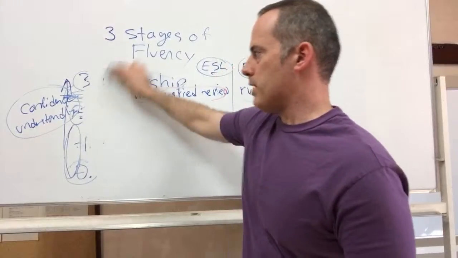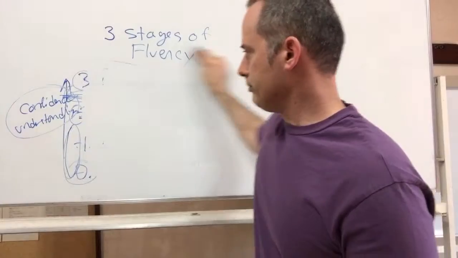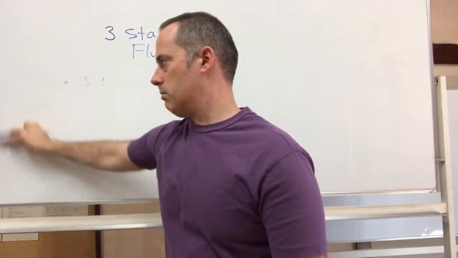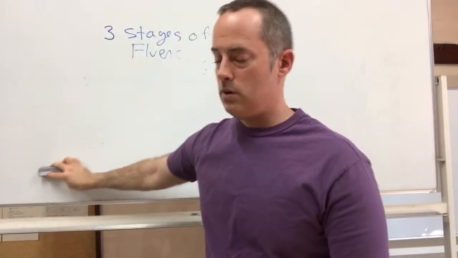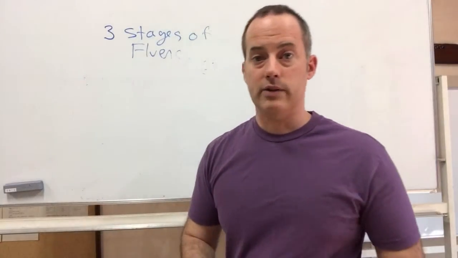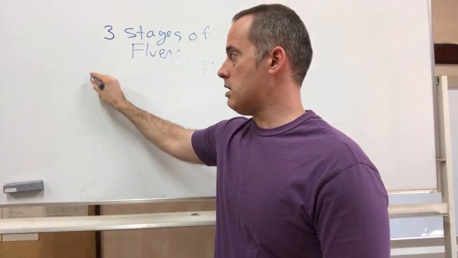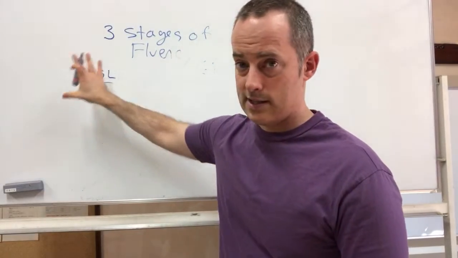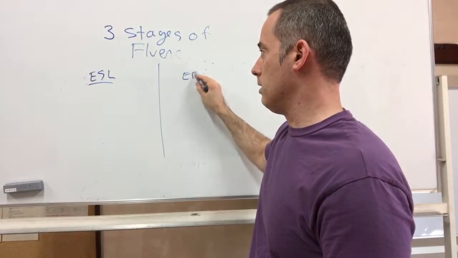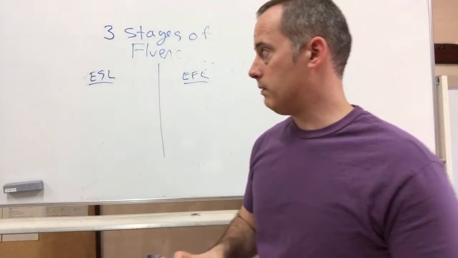So hopefully you remember these. I can put them up later if you need them. So why is it so difficult to go from the awareness level to the ownership level? All right, so why do so many people get stuck? I've tried to explain it, but I really want to make this clear. All right, so here's the ESL, so English as a second language approach, and we'll put EFL. This is English as a first language over here. All right, I want to make this very clear.